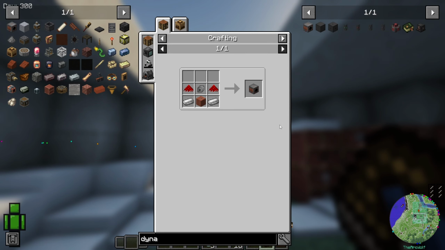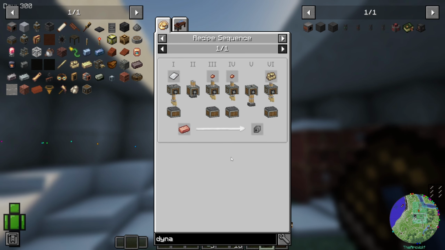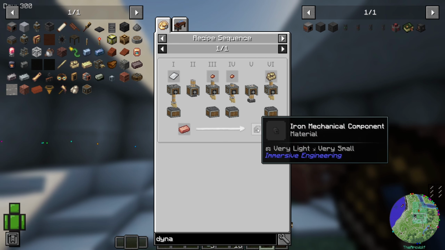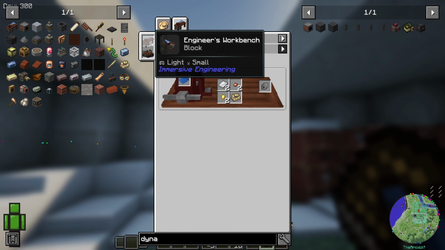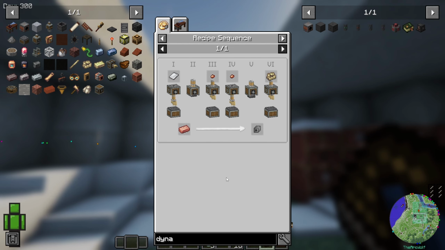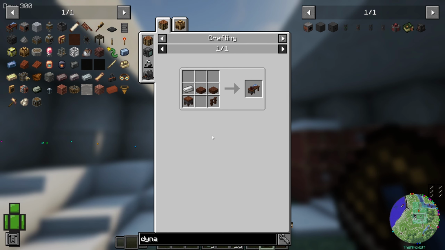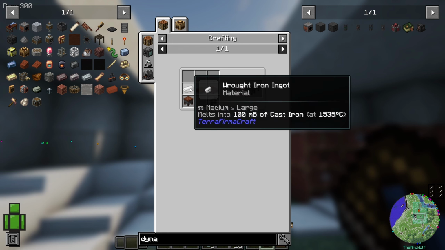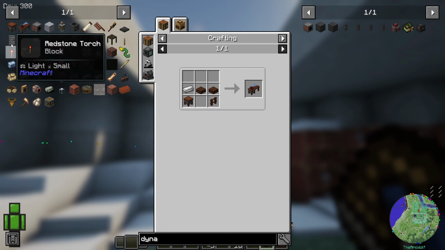We're going to want a connect dynamo, which is an iron mechanical component, some more iron, a copper coil, and redstone. Okay. This is a little involved. The iron mechanical component we can either make on the engineer's workbench, or we can make it through a sequenced recipe requiring iron sheet, copper nuggets, and brass mechanism. What's required for the engineer's table? Engineer's crafting table, iron, treated wood. And that's going to be much easier, although we are going to need